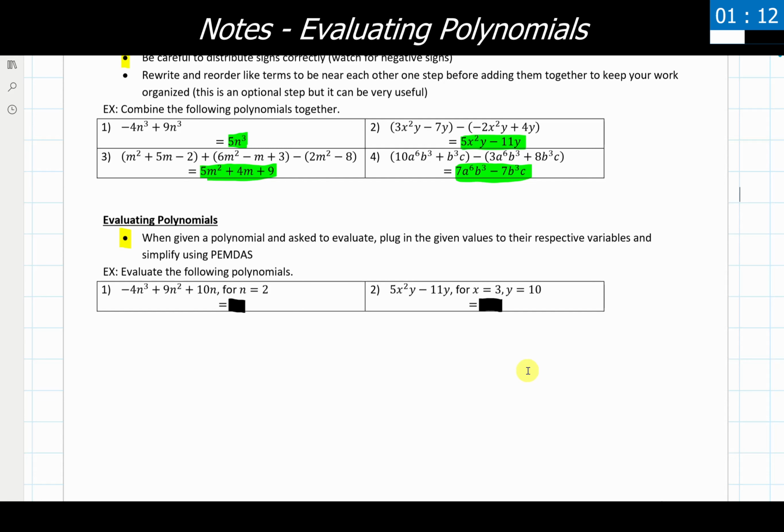The problem has to also tell us what each variable is going to be equal to. In the first case, n is equal to 2. In the second case, x is 3 and y is 10. Maybe we had something where we had the variables a, b, c, and d in a problem. Well, we'd be told a is this number, b is this number, c is this number, and d is this number. They could be positives, they could be negatives, they could be fractions, they could be decimals, they could be zeros. But we need to be given a value somewhere for each of the variables. And the problem has to give that to you.